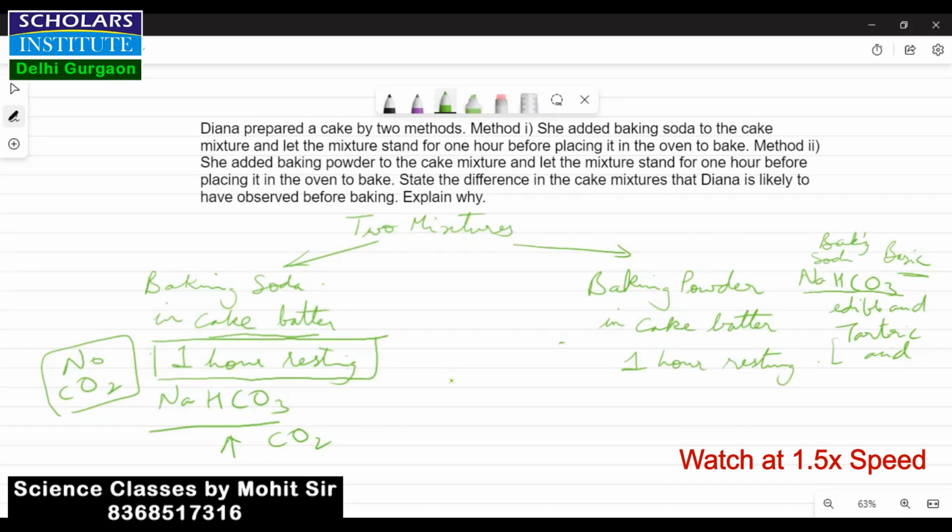So what happens as a result? The acid will start reacting with this sodium hydrogen carbonate. We know that during the reaction of sodium hydrogen carbonate or any carbonate with acid, it gives us salt plus water plus carbon dioxide. So in this 1 hour of resting, we will observe bubbles of CO2 already formed